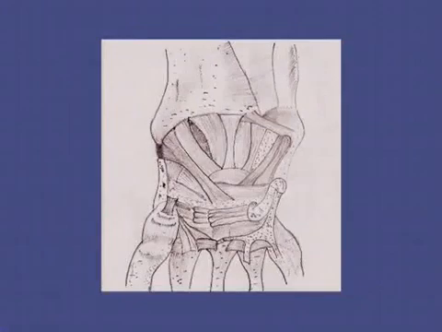Now come to the saddle joint. The articular surface of one bone is saddle shaped, and the articular surface of the other bone fits into the saddle. Example, first MCP joint. You have flexion, extension, adduction, abduction and circumduction, because the saddle and the phalanx fit there. This is the example of a saddle joint. The thumb example is the first MCP joint. You can say thumb or first metacarpophalangeal joint.